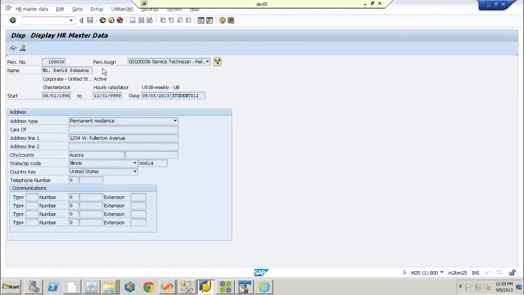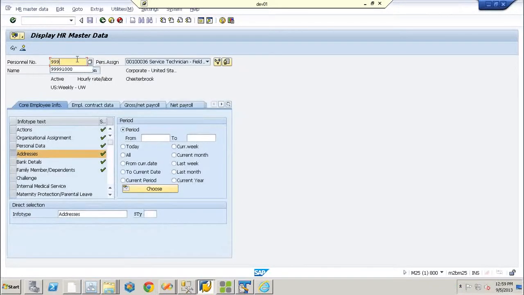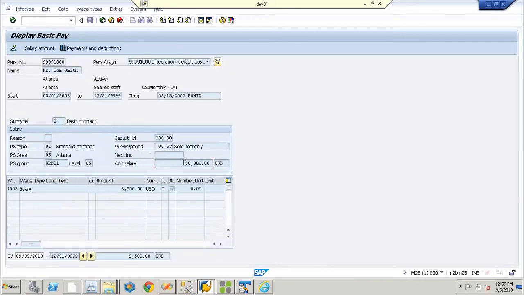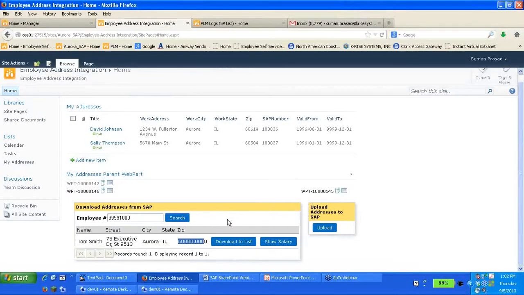Let's go to this employee here, 999910. Do a quick search on this person. Tom Smith. I want to look at his gross payroll. Basic pay to a display. So here is his annual salary into the form. And that's what it takes us to bring